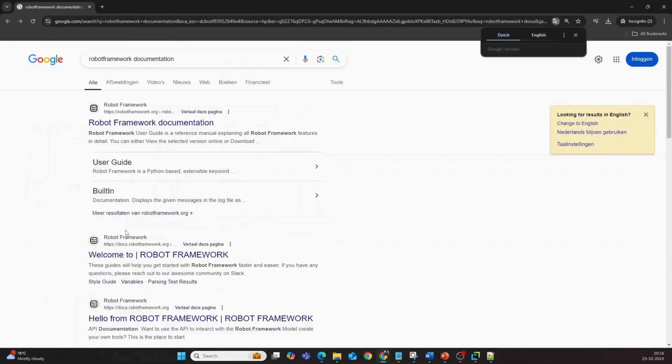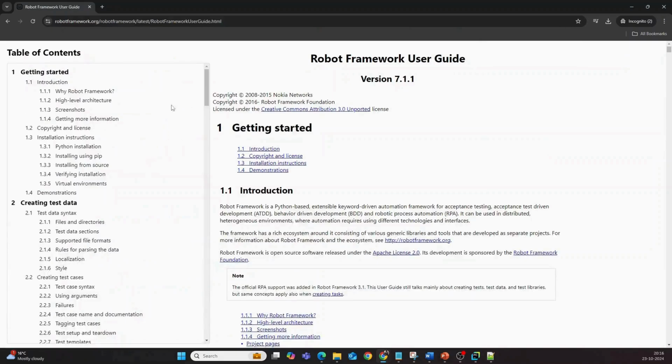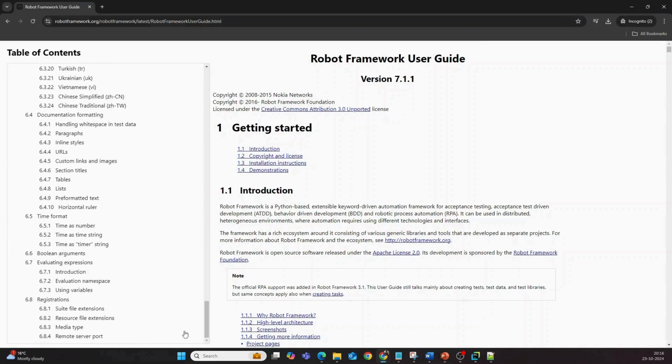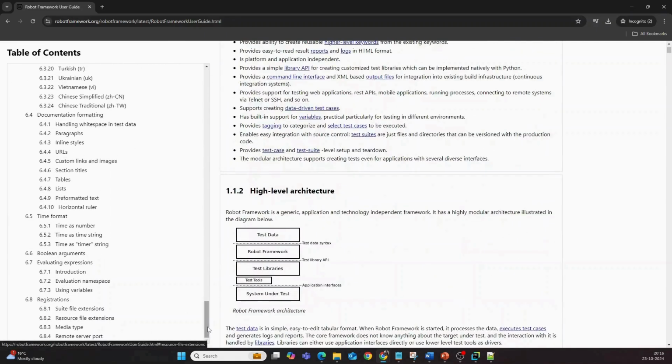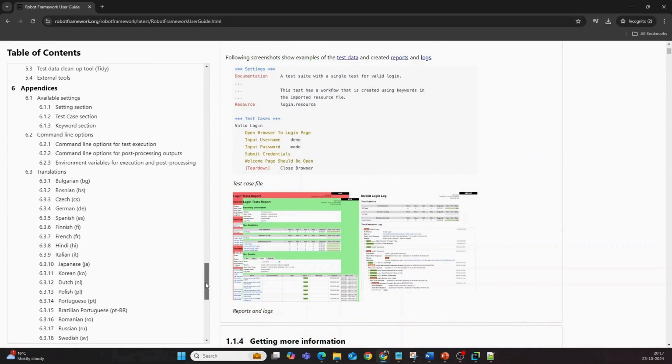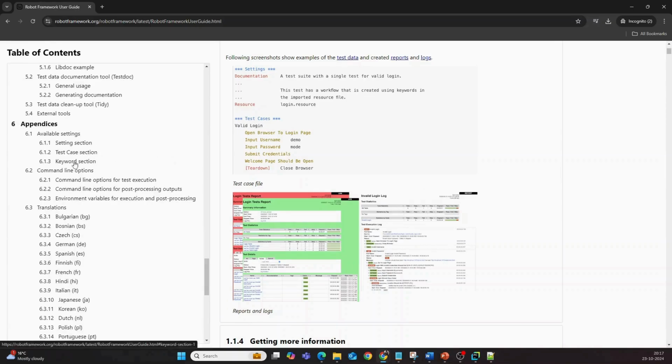Not this one. I think the user guide. Yeah, this user guide is the correct one. Then I will go to this particular. There was an appendix basically. I think, yeah. So if I go to the keywords part under the appendix keyword section, it's taking a bit of